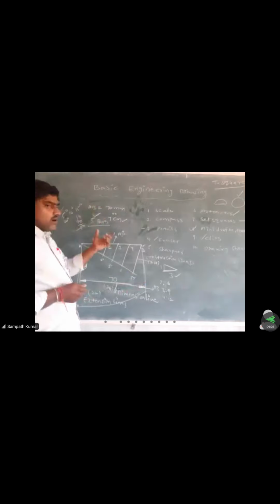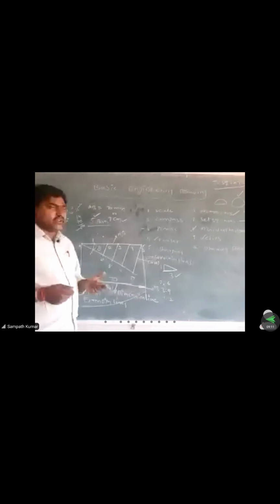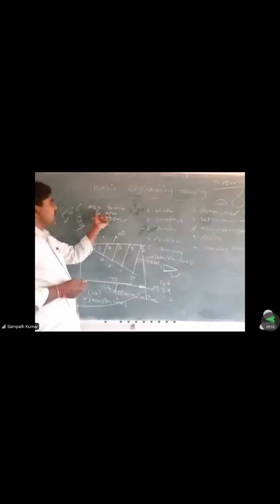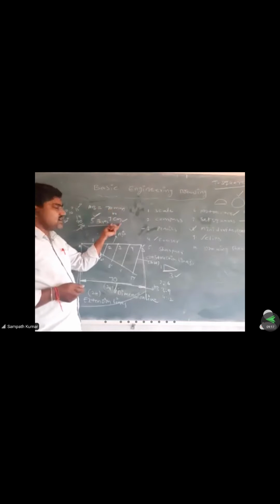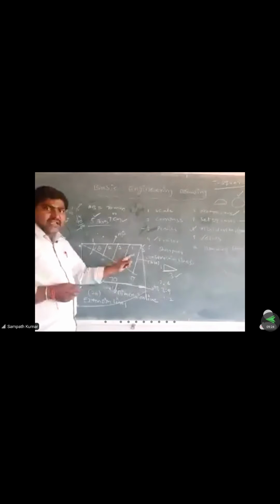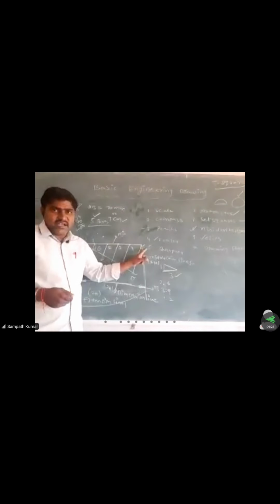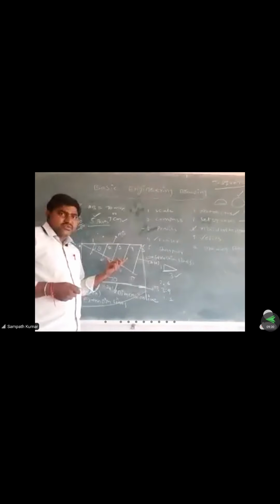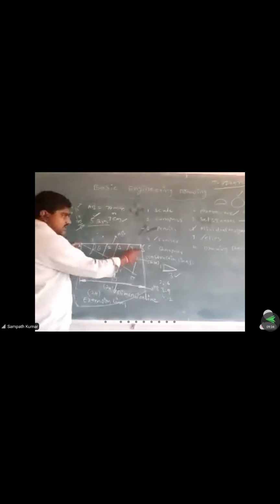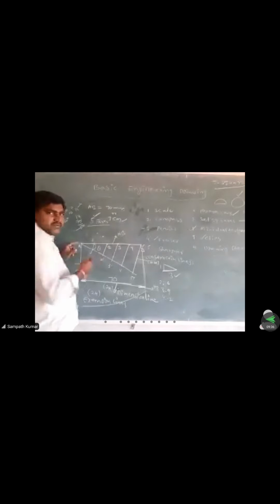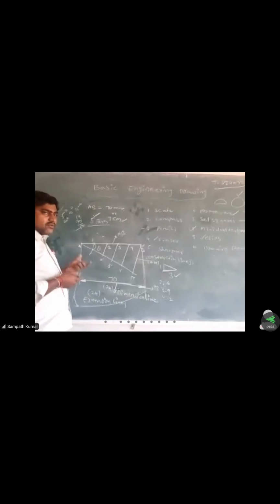Okay. Then we have to go for how to divide a line into a number of equal parts. I am saying 5 equal parts. The line length is equal to 70 mm, that will be 7 centimeters on the scale. Then we have to draw the line AB at a distance of 70 mm. A is the starting point, B is the ending point. This distance must be equal to 70 mm. Then we have to draw the line AB, which will be divided into 5 equal parts.